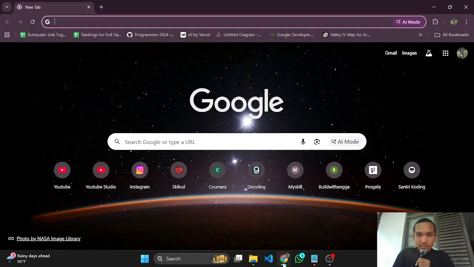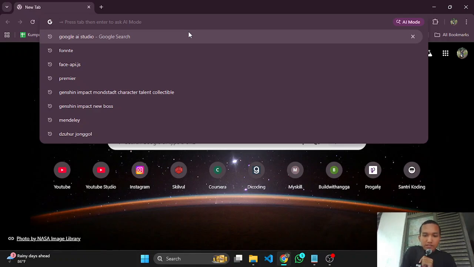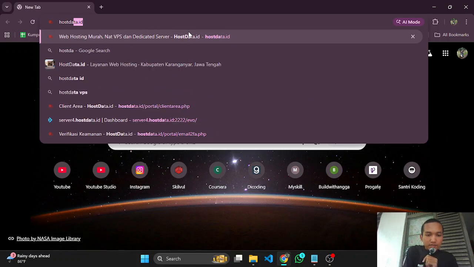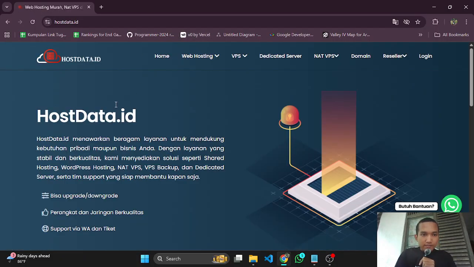The first thing is you must go to a website called hostdata.id. Hostdata.id is basically a website that offers hosting business, such as shared hosting, WordPress hosting, VPS backup, and dedicated servers.